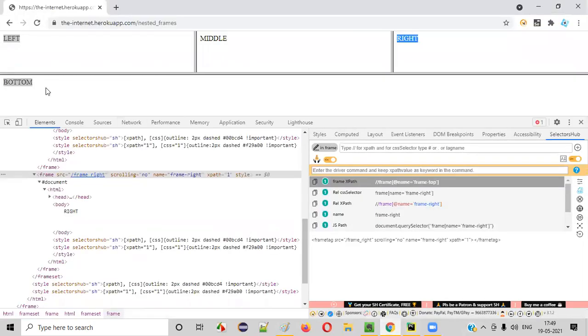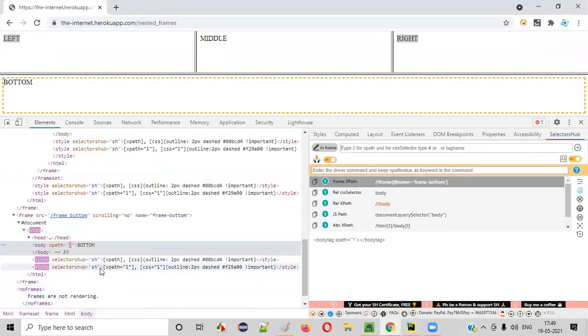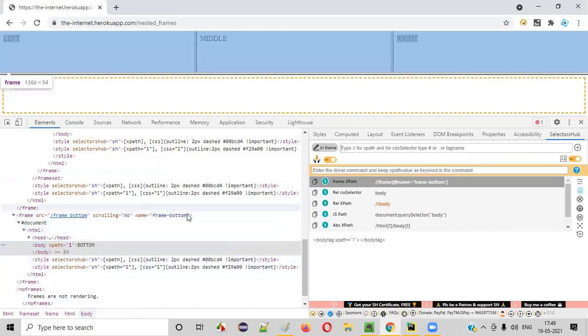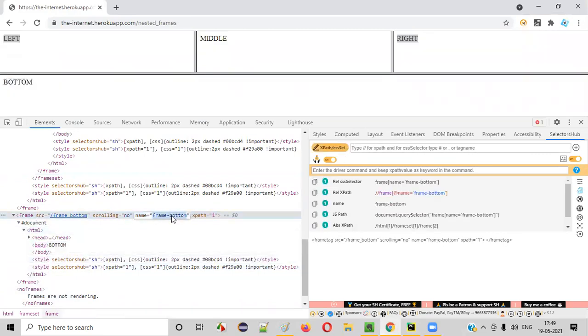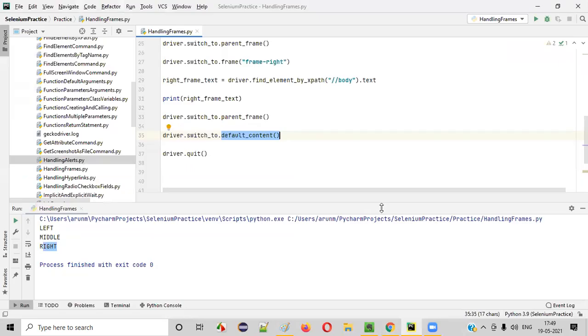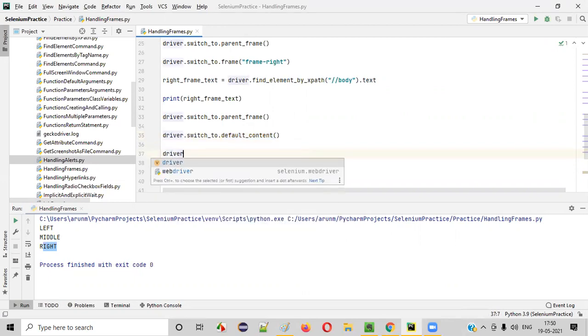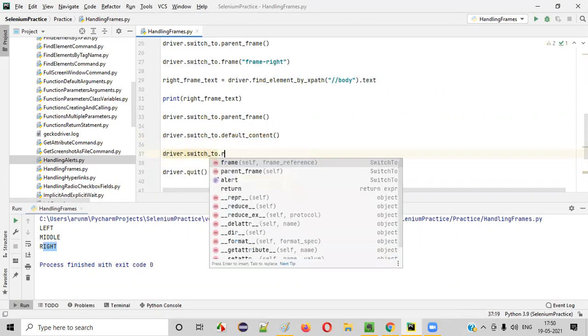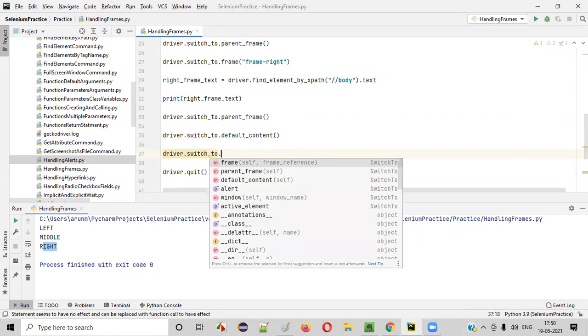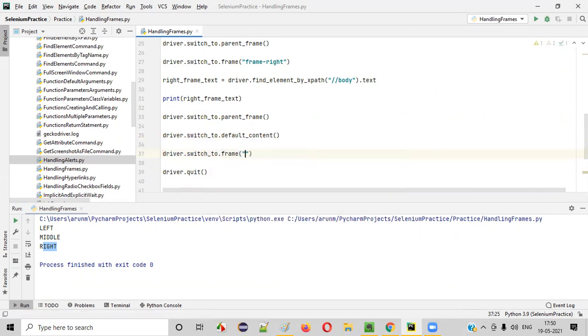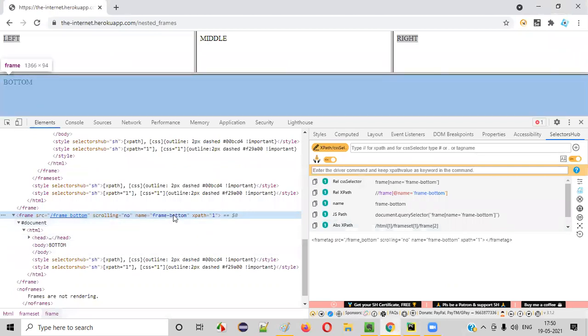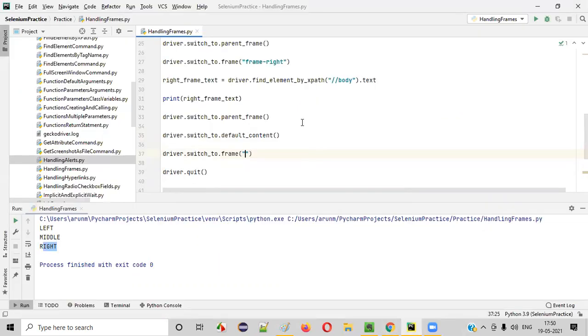From the page, again, we have to switch to this bottom frame. So if I right click inspect this bottom here, guys, you can see that this is inside a frame, that is bottom frame directly in the page. Okay, copy this bottom frame, the name locator. So here, after switching to the page level, I'll say driver dot switch to dot frame of. Directly I'll switch from the page to the bottom frame. I'll copy this, guys, again. Copy this bottom frame name locator. I'm switching to the bottom frame.